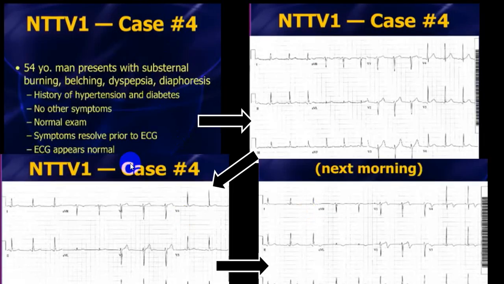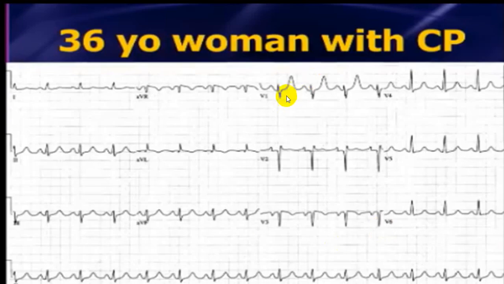This is another case. You can see that there is a small upright T wave in V1, taller than V6, small upright. Then this is the second ECG. Next day morning, you can see there is a Wellens sign which has appeared. Now, if this person doesn't undergo early angiography with revascularization, he can end up with problems. You can see here there is a tall upright T wave and it is taller than V6. Do keep it in mind, this is a sign of LAD, LMCA or triple vessel disease.